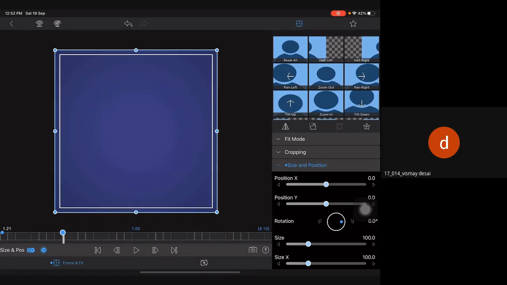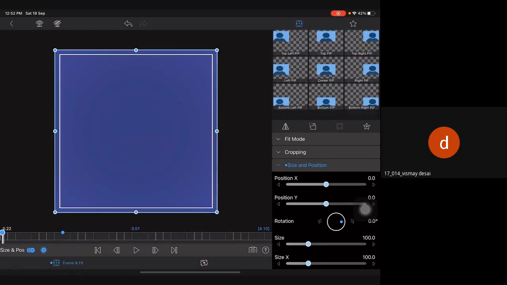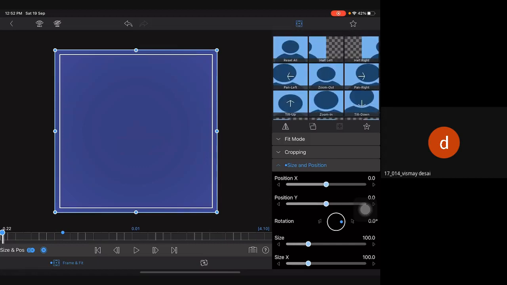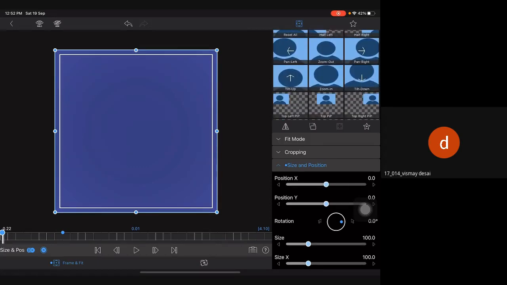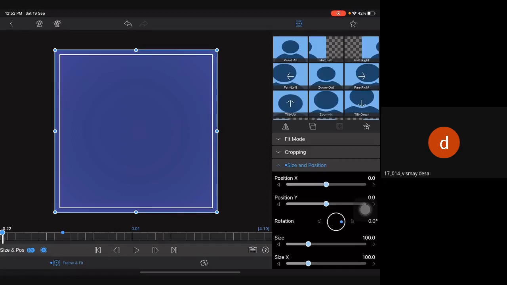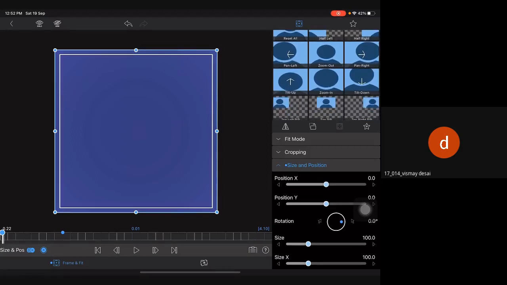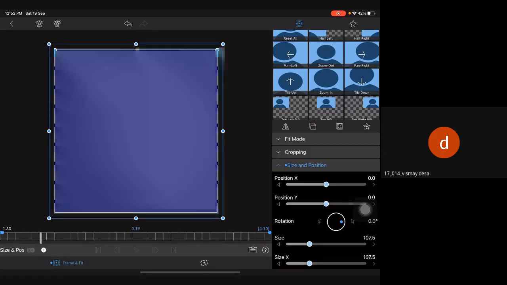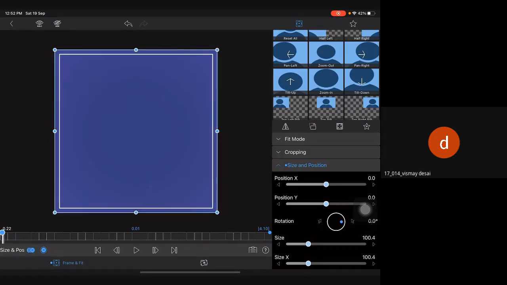First of all go here, select which kind of input you want. Rotation is not there, I don't know why. Chalo, let's do zoom in. Okay, it will look like this, but this we don't want.